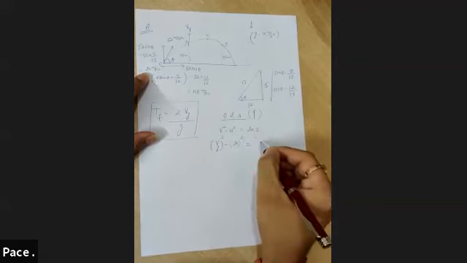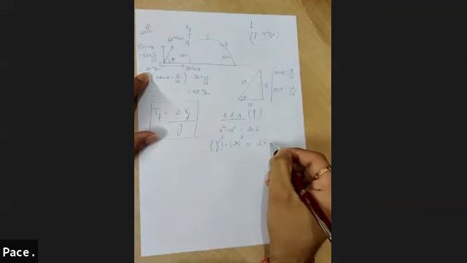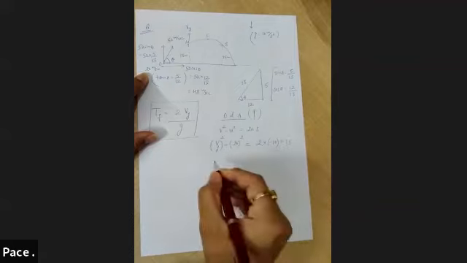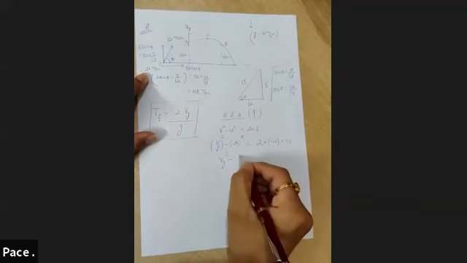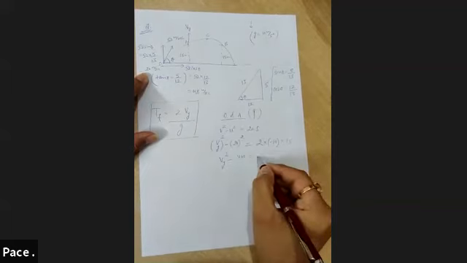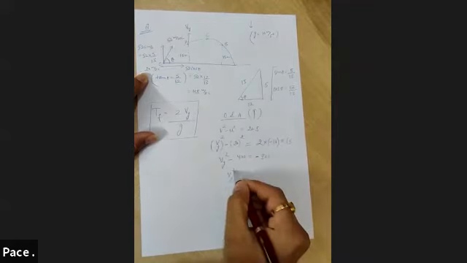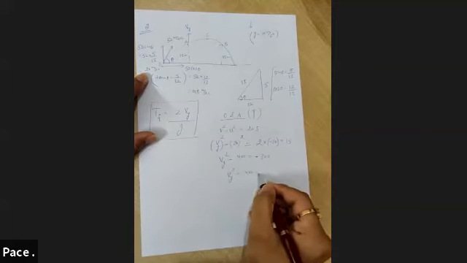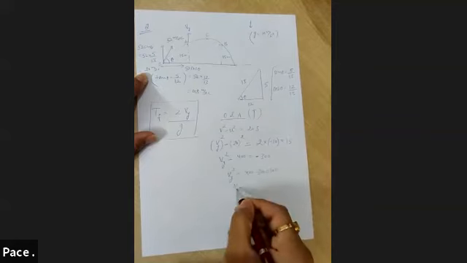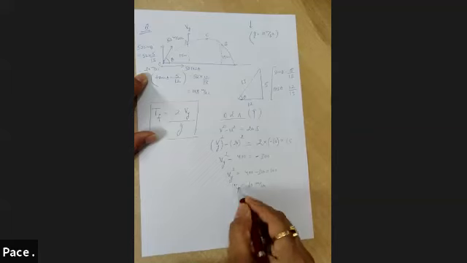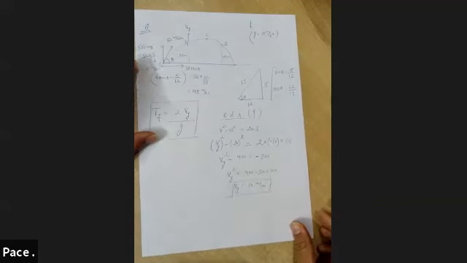is equal to 2 times acceleration. How much is it? It is 10, and that would be with a negative sign because it is in the downward direction, multiplied by displacement. What is the vertical displacement between O and A? It is 15, as given. So Vy square minus 400 is equal to minus 300. Okay, so Vy square is equal to 400 minus 300, that is equal to 100. So Vy comes out to be 10 meter per second. We got the vertical component of velocity at point A.